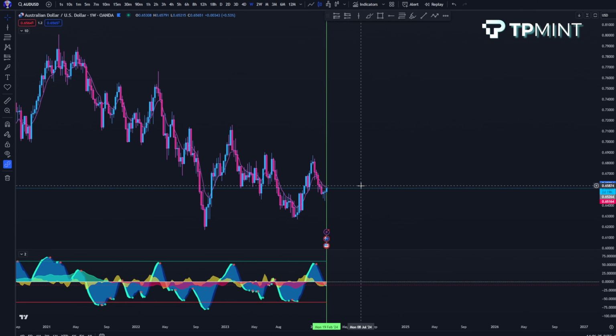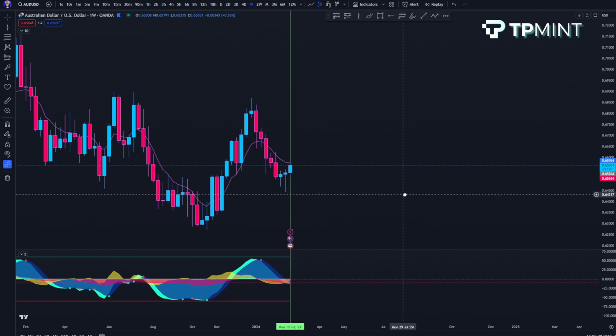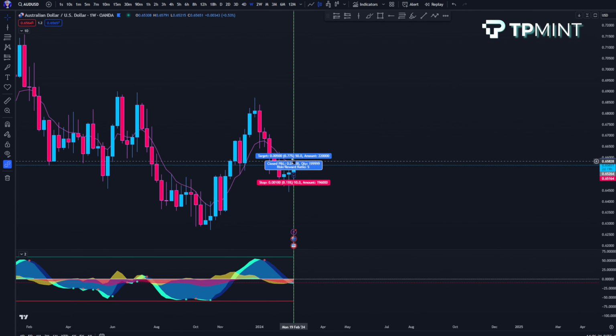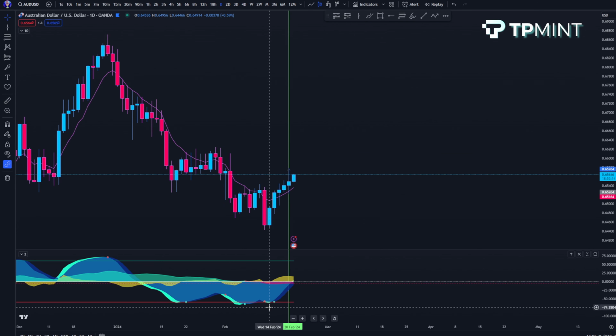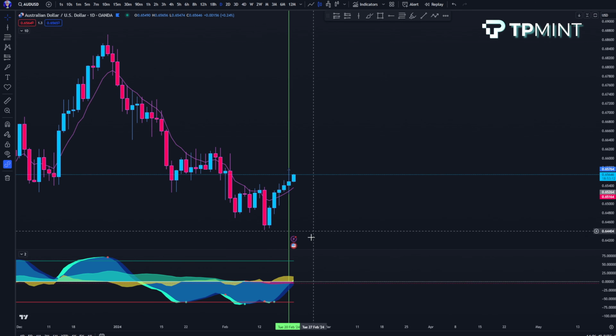The weekly 1 hour would have been a reversal. I'm just going to zoom in so you can see that. Because the weekly is under the AEMA, with the continuation strategy, you would be looking for weekly 1 hour short positions. So that is how I came to the reversal entry for the weekly 1 hour, is by using the daily wave breaking back up on anchor. And now that we're on the daily time frame, you can see that the daily is trending above the AEMA. So the daily entry for me was a continuation entry because it's already bullish. We were just looking for a D15 long position because it's trending with the AEMA.